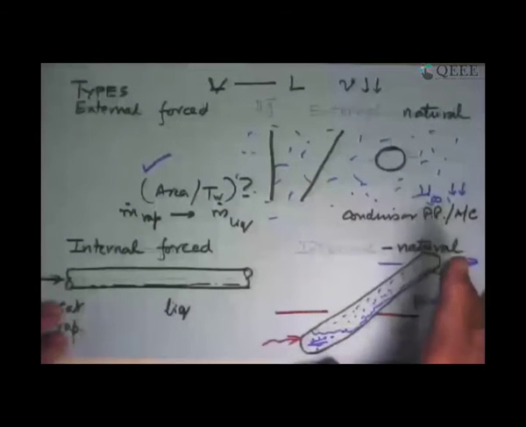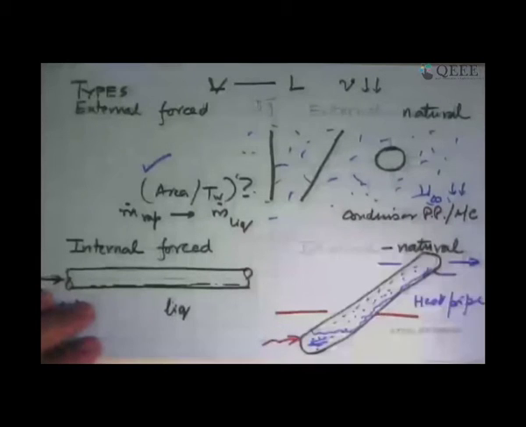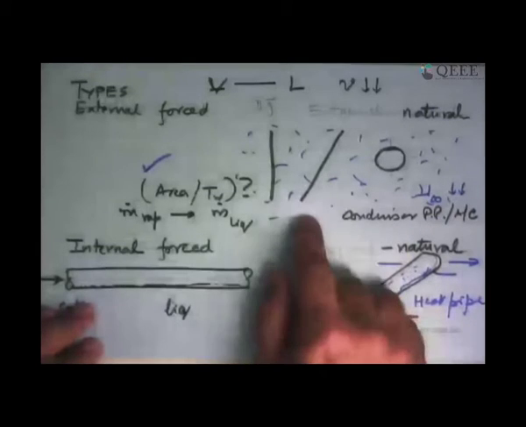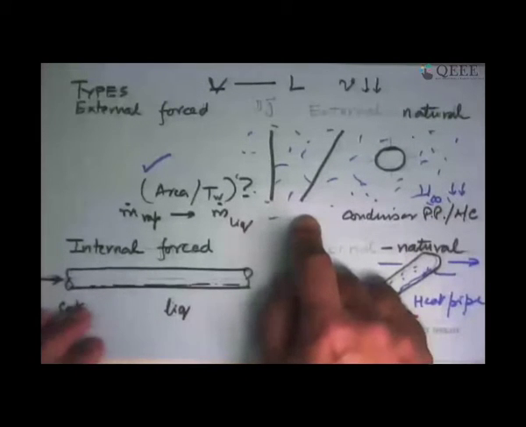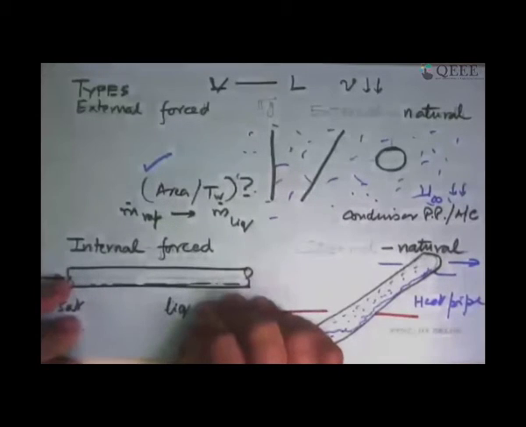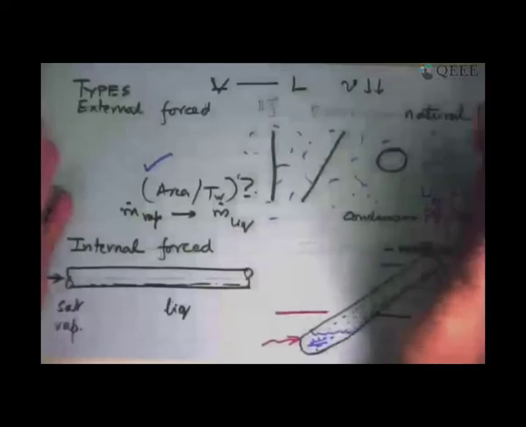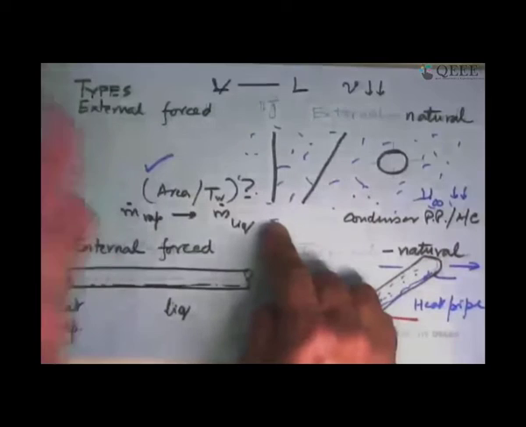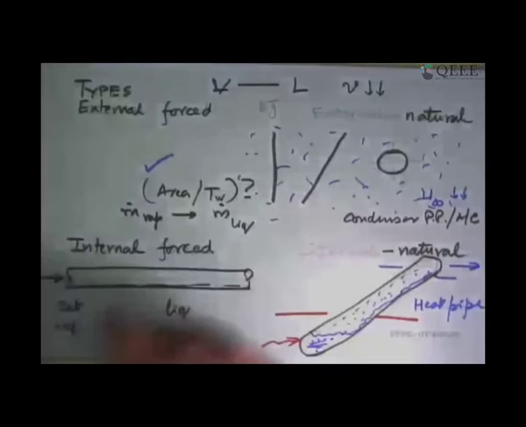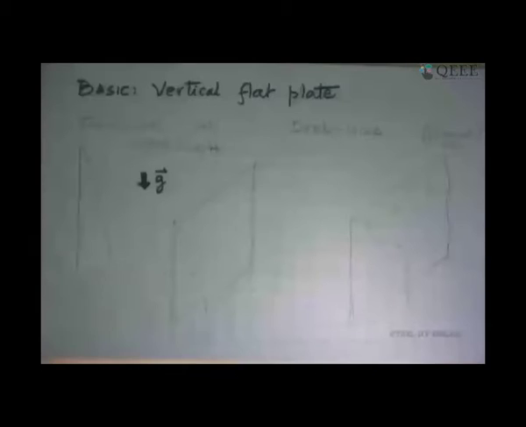If you are looking at a heat pipe, you will have to worry about what happens inside a heat pipe. So we will look at these things, and the simplest configuration, like we did in natural convection and also in forced convection, in condensation, look at it and say the simplest thing is a vertical flat plate which stands in a very large space of saturated vapor. The plate is maintained at a temperature lower than the saturation temperature. What will happen? So this is what we are going to ask now. So that's your basic configuration of a vertical flat plate.